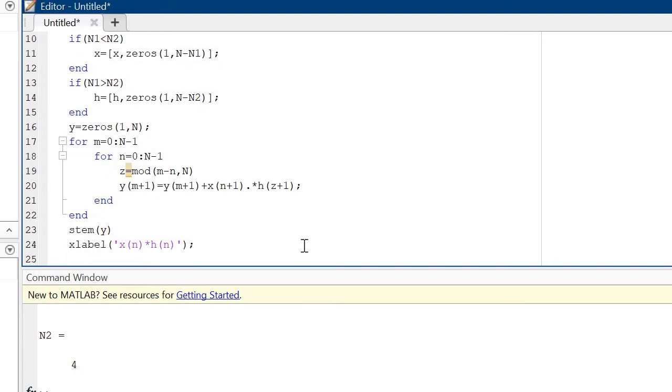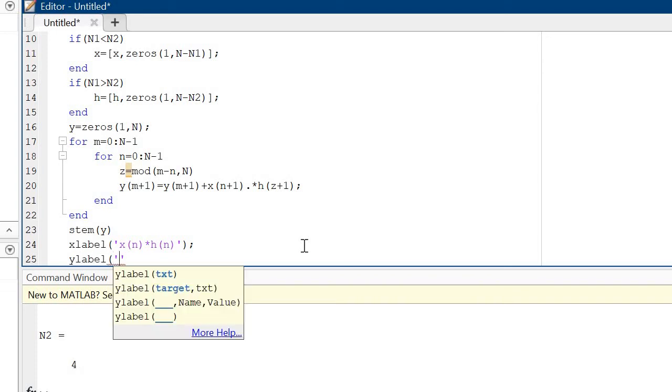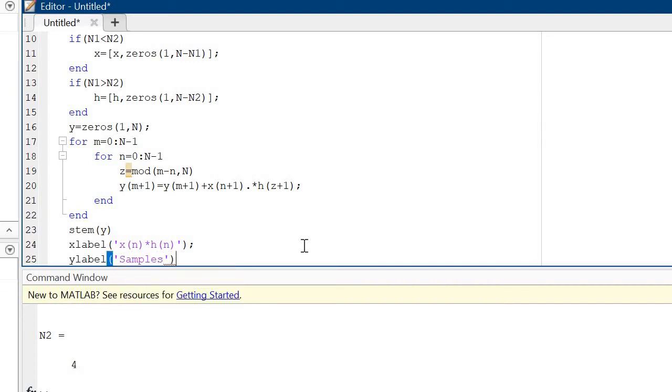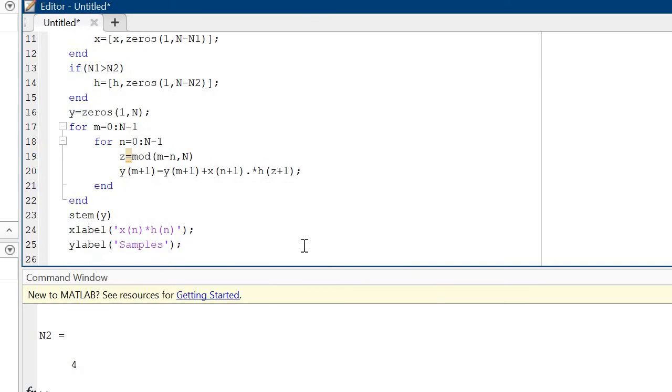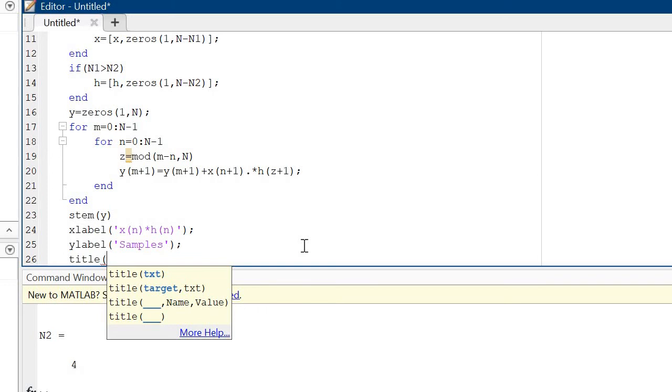Okay, y label. In the case of this y label, I take it the samples and title. Title is circular convolution.